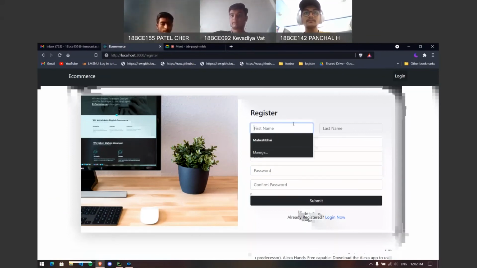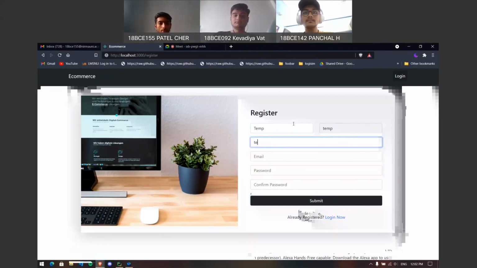So starting with the first name, I am just using simple temporary values. I am also using test, which was used before, so it will give me an error.